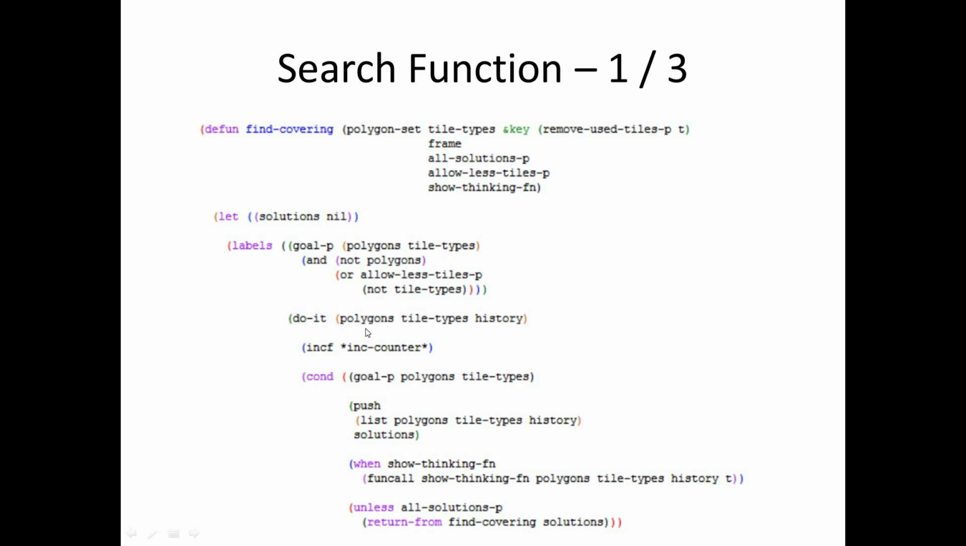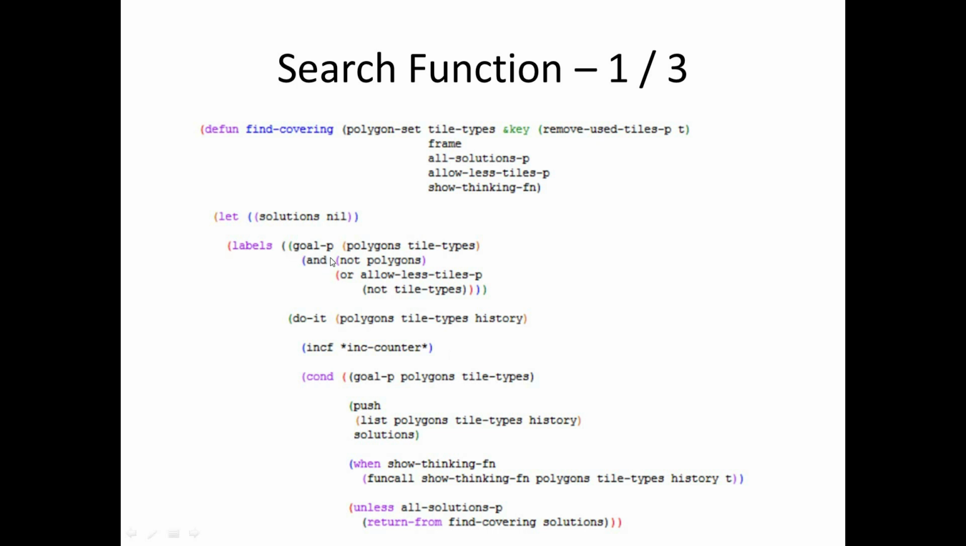The current configuration is this variable polygons, which is a list of polygons. As explained, a configuration might be split into multiple components. So these are those multiple components, and the remaining tile types are in the tile types variable. We also keep track of the history of the tiles, how they have been used and how they have been aligned. First thing then in the local doIt search function is we check if a solution has been found,